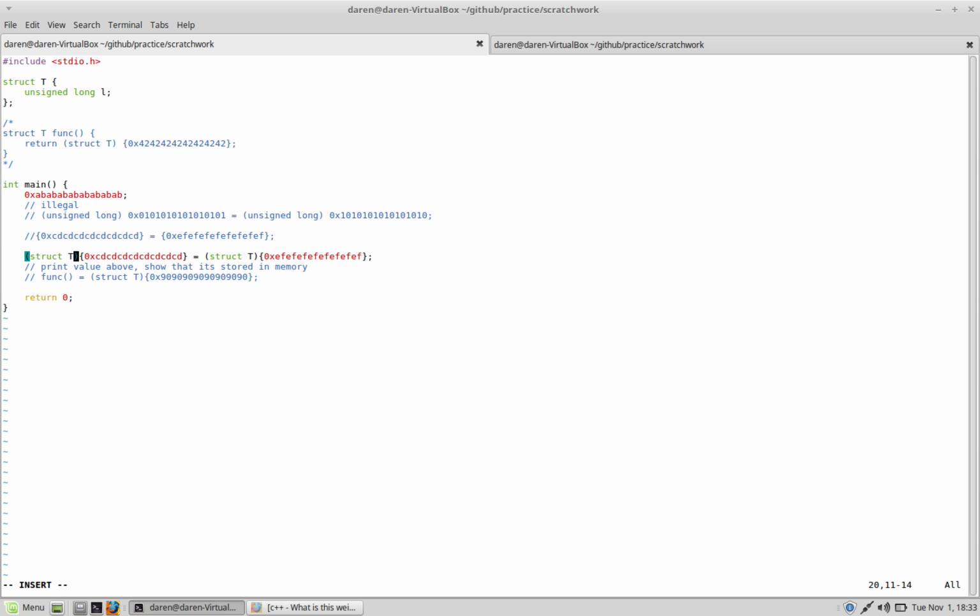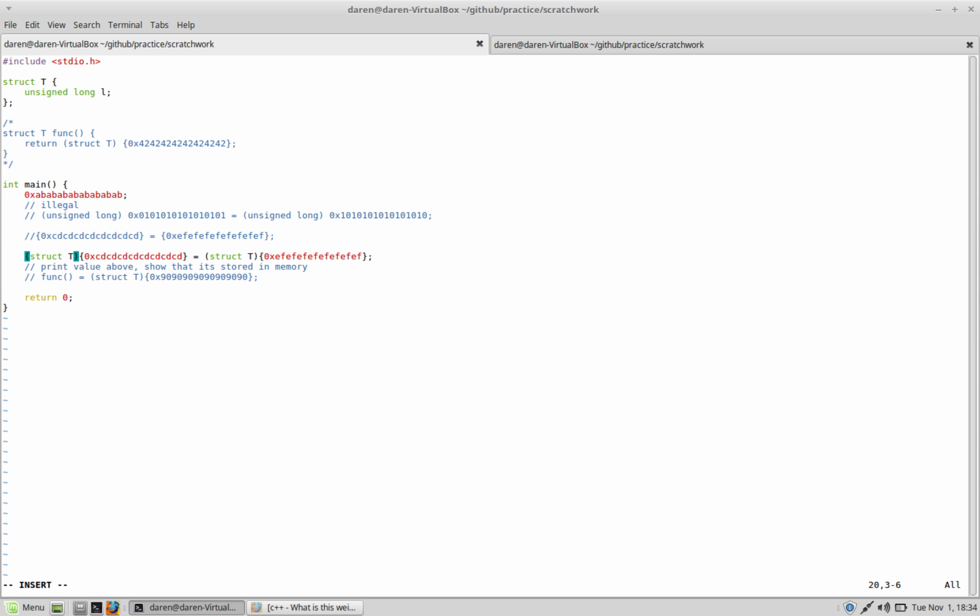However, I think this is a weird use case, because true L values are values that can be referenced through a variable within your program. And right here, what we see, this value definitely cannot be referenced through a variable. It doesn't have a name. You see what I mean? So this struct t just holds a single long, and here I'm just creating a static sort of combination literal, but casting it to a struct t,